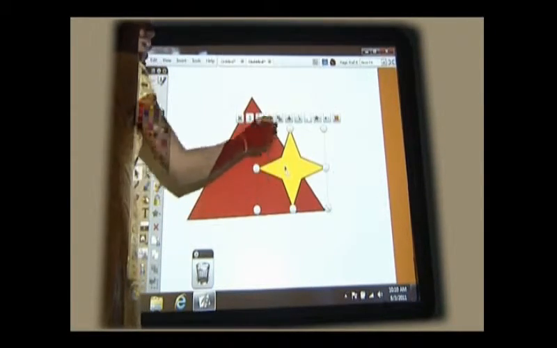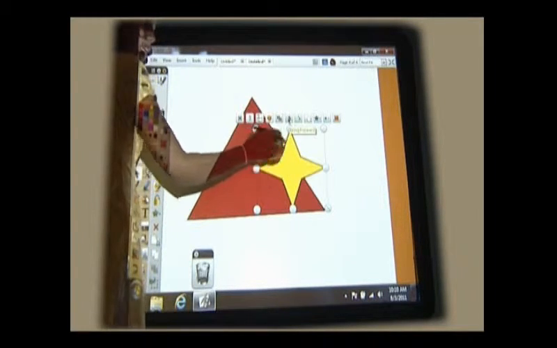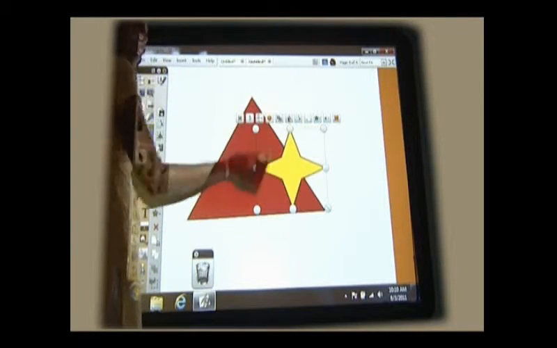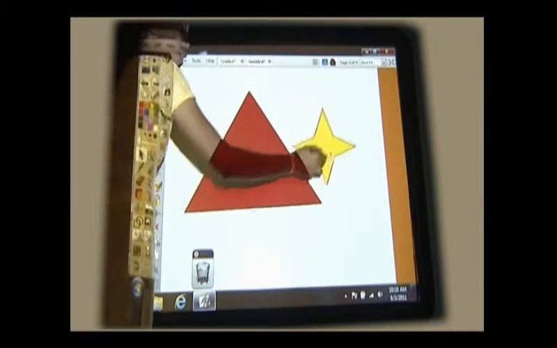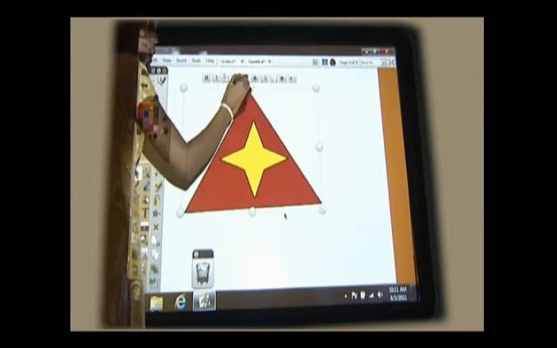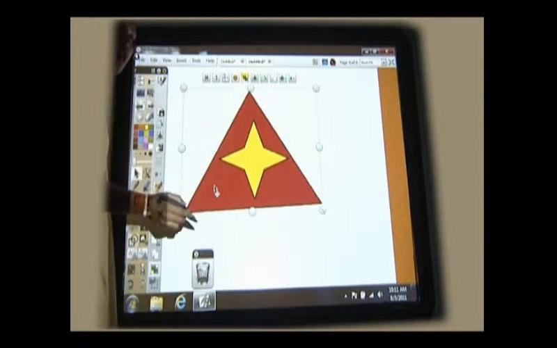If I want the star in front, then I can keep it at the front or send it behind or again get it in the front. So bring forward and send backward options are there. Now if you have drawn any object, any symbol out of this and you want 3-4 duplicates of that,